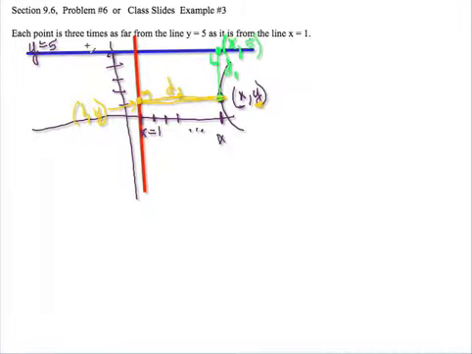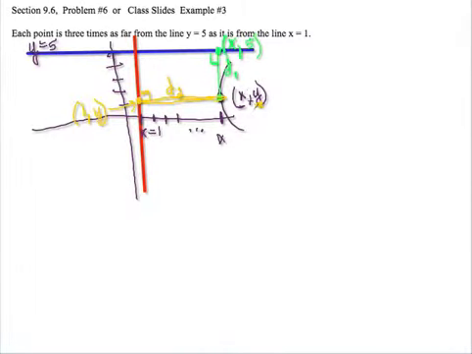Now this is worded, not only is this a degenerate, it's kind of a weird problem, but he also words it a little weird. Each point is 3 times as far from the line y equals 5 as it is from the line x equals 1. I mean, what that means, like if I'm 3 times further from the goal than you are, then that means if I take your distance and multiply it by 3, it's going to equal my distance, right? And so I think what this means here, 3 times as far from the line y equals 5 as it is from the line x equals 1, I think this means that